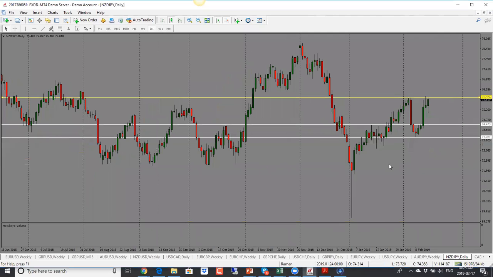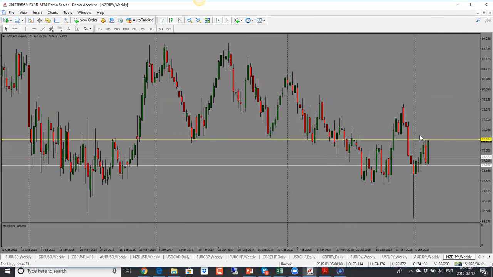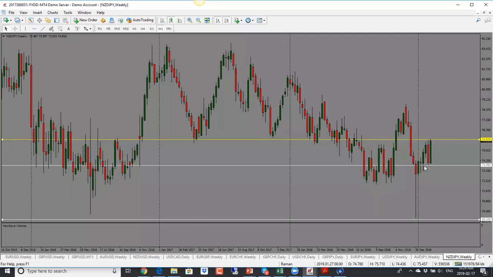New Zealand yen here, this one has been bullish this week. We had a big bearish candle close, and now it has gone back all the way into the high once again. So now we have a bullish engulfing candle. So it's been going back and forth. A lot of these crosses have done that. We have seen prices just back and forth here. We are into support and resistance.